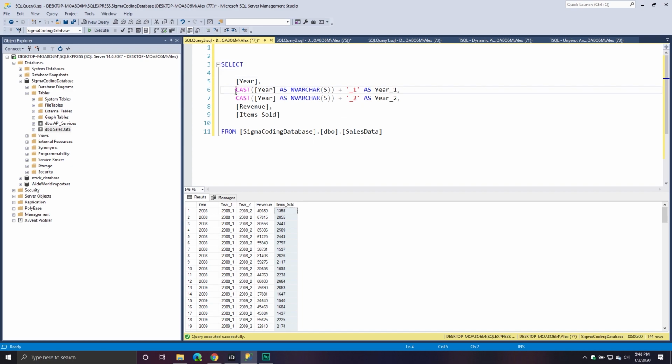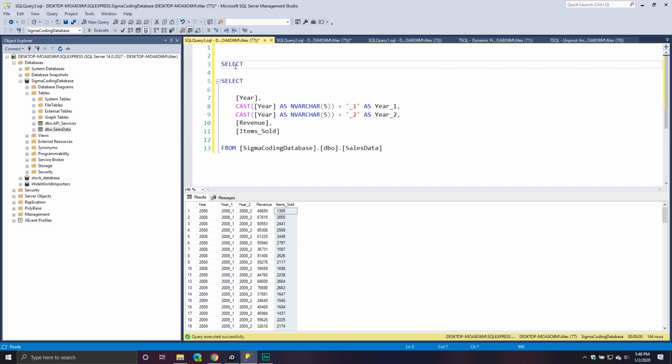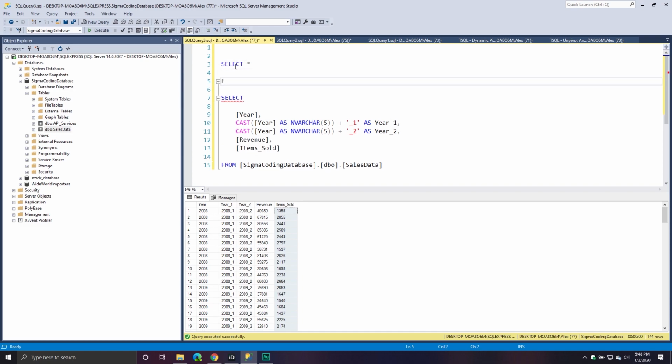So the workaround is you basically take the column that you want to pivot, and you make a copy of it. And you do it as many times as the number of aggregations you're planning to do on the different columns in your query. So what we'll do from here is we'll now write our outer query, and we'll say